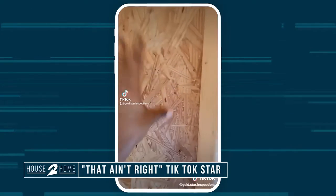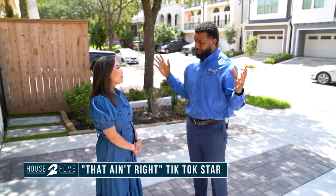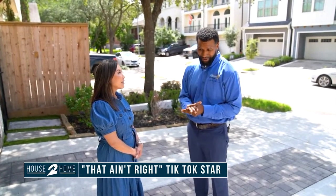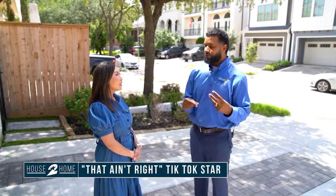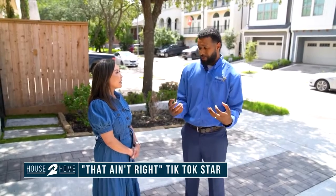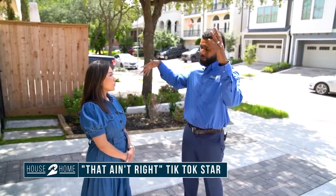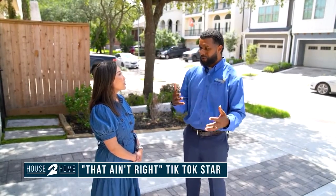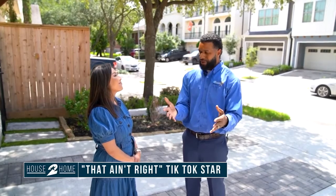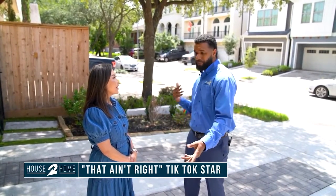So, what else? Believe it or not, I do find cracks on foundations. Cracks in the foundation on new construction? Okay, and what's causing that? A lot of times they're going so fast. It takes time for the concrete, the slab to actually dry and cure. They're going, so they're gonna put the stuff on it and they're putting weight on it, and a lot of times it's before time, and also the grading around it not supporting that foundation, things like that. So it's different things that can cause it, but for me to see it,